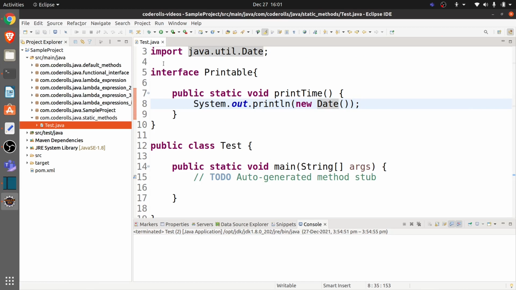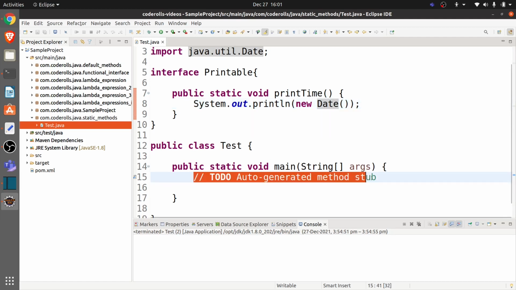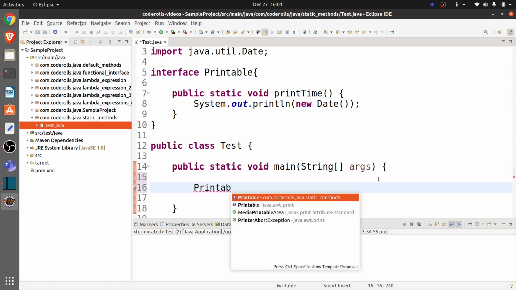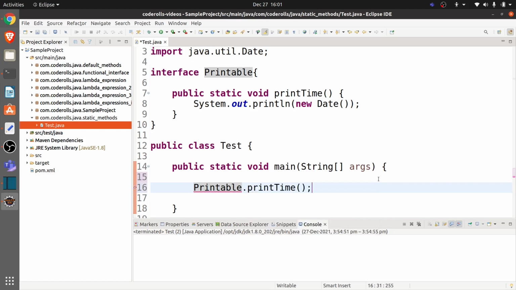fine, save the code. Okay, now this is the Test class and this is the main method of the Test class. And how can we invoke the static method? So previously when we were using the static method in the classes, we would give the class name dot and all the static methods are available to invoke. Similarly, here we will be using the interface name. And what is the interface name here? It is Printable. So Printable.printTime. Okay,